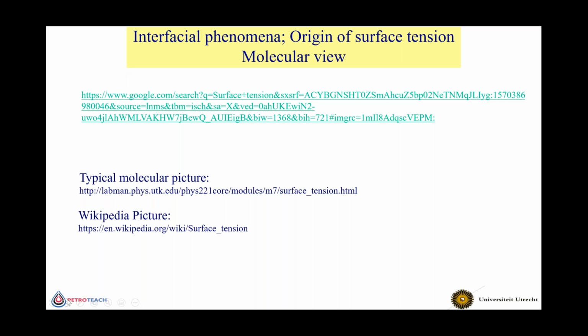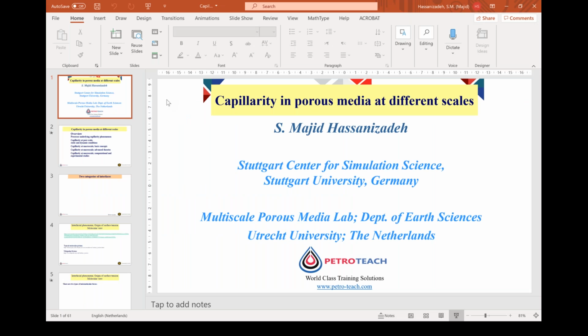If you think of viscosity or the diffusion concept, the same, surface tension has its roots in molecular interaction. And if you look at what is explained in the literature about surface tension and its molecular interaction,